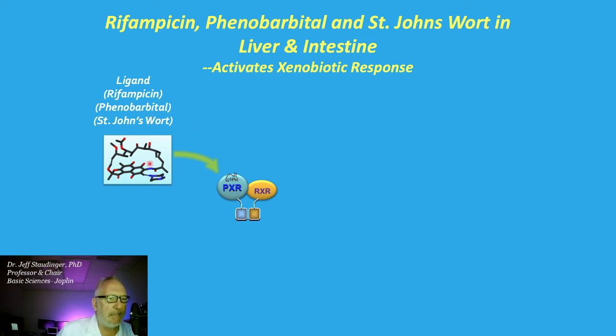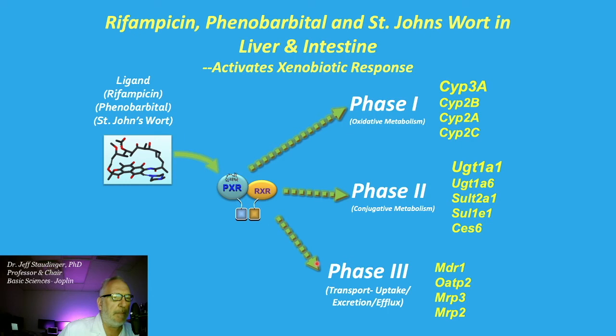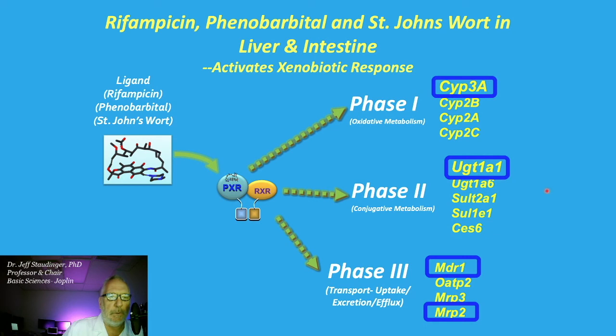Numerous xenobiotics can bind to and activate pregnane X receptor in a complex with its heterodimeric partner, retinoid X receptor. This heterodimer then goes on to regulate phase 1, phase 2, and phase 3 drug metabolism pathways in response to the presence of pharmacotherapy. Some of the more important PXR target genes we'll talk about today include CYP3A, UGT1A1, MDR1,